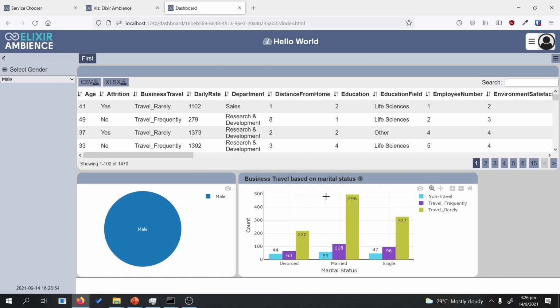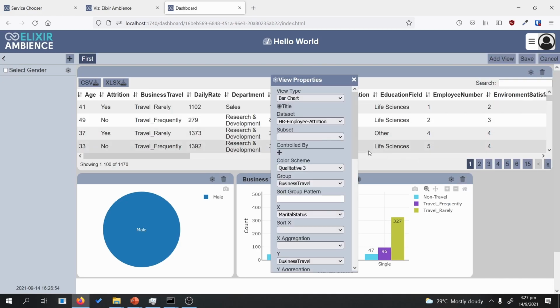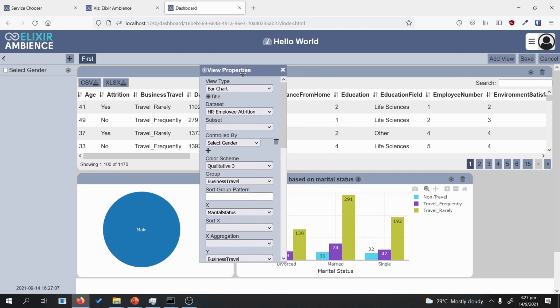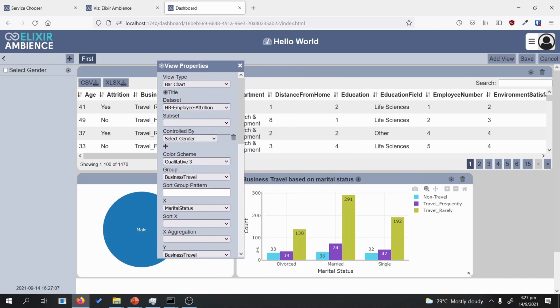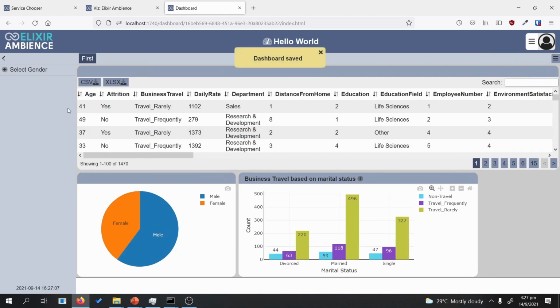So why doesn't this chart change? Well, the reason for that is because we do not have a controlled by over here. So what I'm saying now is, even though you do not have a gender axis in this bar chart, you can still control it so long as you put the controlled by in there and it's using the same data set. So let's press save, and under select gender,